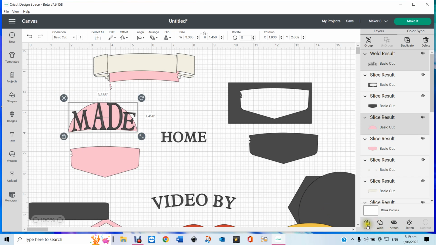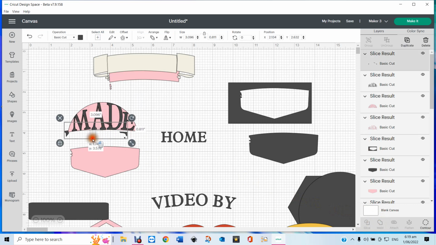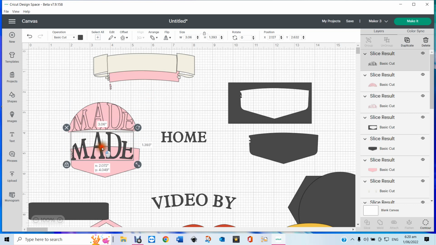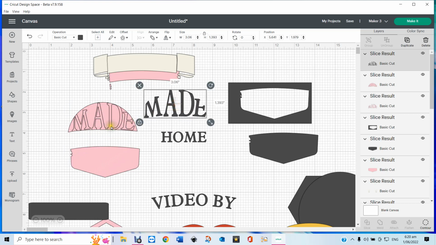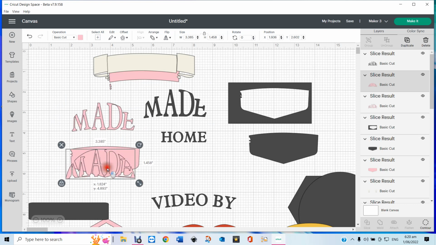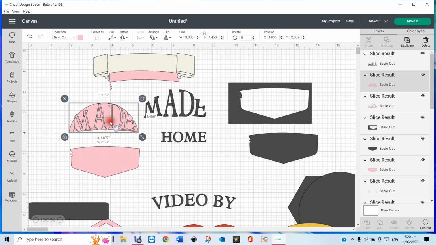And I'm going to go slice, which is down the bottom on the right here. Now, what we've got is we've got a little bit of debris over here. But what we've got is we've got made in there. I put made, and I was supposed to put home, wasn't I? Anyway, that is the made, that is made. But of course, you can see that if we had saved it like I was supposed to,